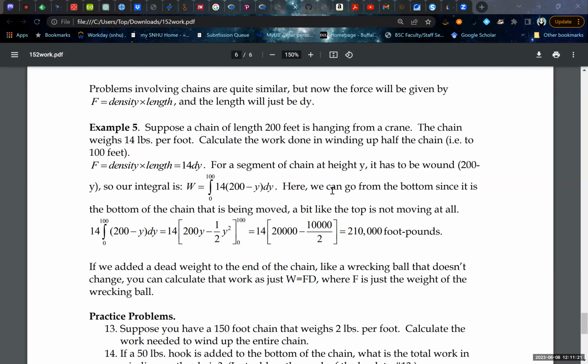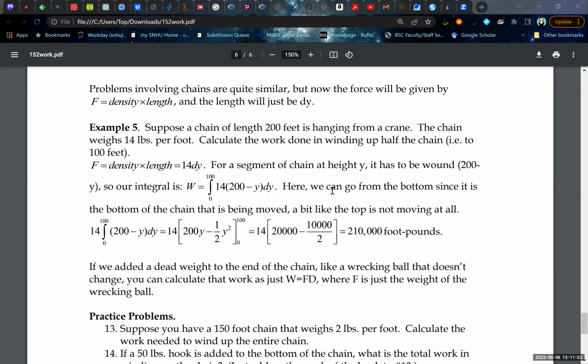Now, it can be included in the problem as just a plus a constant after you figure out the force for the chain portion. But you can also just do it separately and just make sure that you add it on. So I'm not going to do an example that includes the ball, because it doesn't have to be done by this integration method. What we're going to focus on instead here is